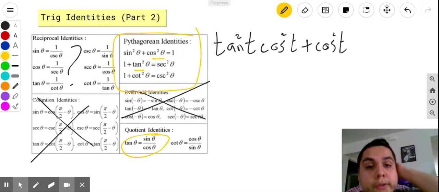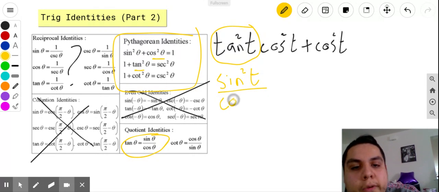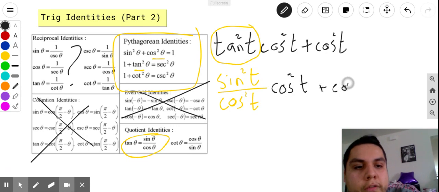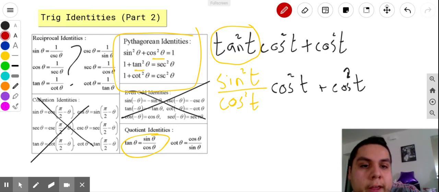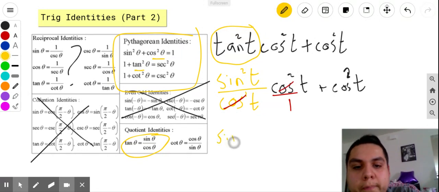So if we do, I can replace this tangent squared of t with a sine squared of t divided by a cosine squared of t, which is then immediately multiplied by a cosine squared of t. Then you add a cosine squared of t to that amount, right? And from here, you can notice that if I do this multiplication, well, these two will cancel out. So I really just end up with sine squared of t